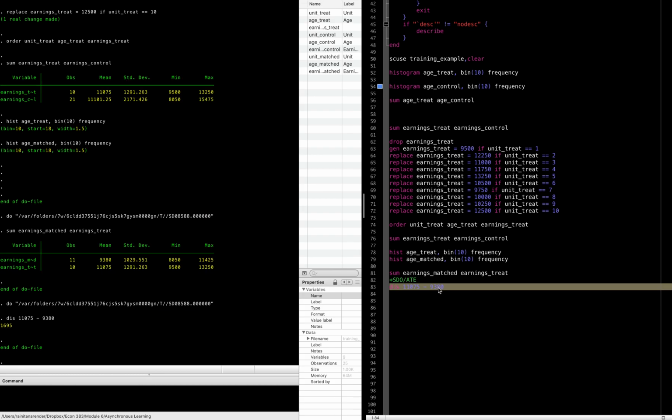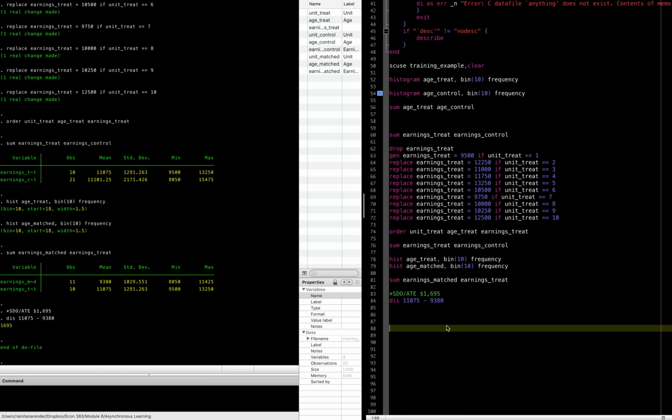And we find that our treatment effect, or SDO, is $1,695. So what that means is that being in this training program, being in the treated group, increased earnings by $1,695 compared to those that were not in the training group. And we also know that conditioning on age, by matching our age, we are able to tell that this is a truer causal effect of the training, and there's not other observational data that could be skewing or biasing the